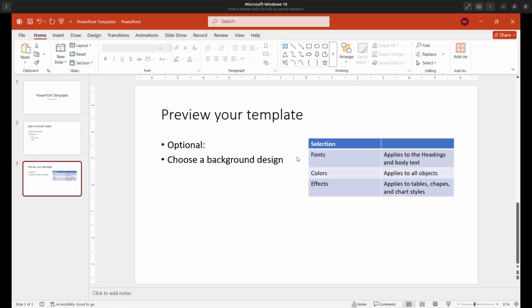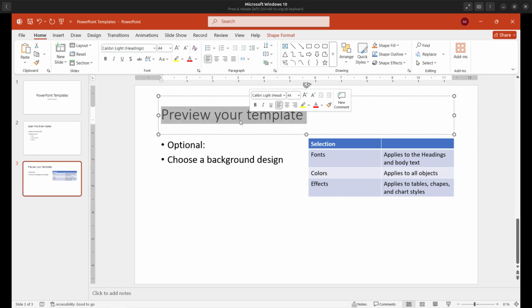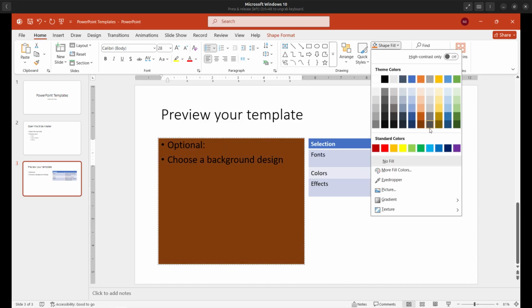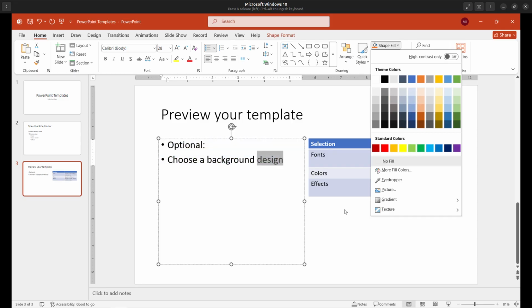Now, just a few things to note. The fonts will apply to all of the headings and the body text. So we can have different fonts for the titles and different fonts for the body here as well. The colors apply to all objects, right? So fonts, shapes, so all these colors here,